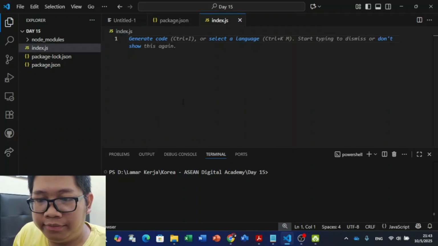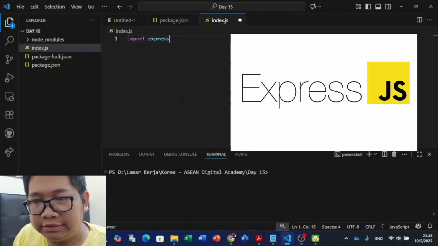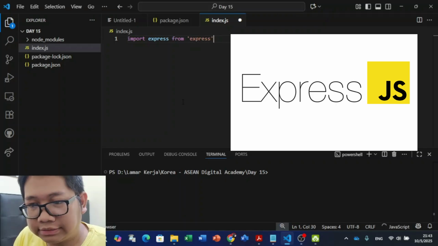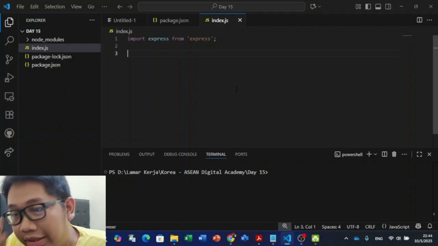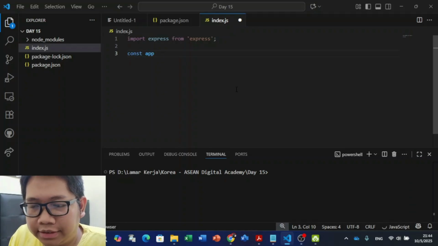And then we import express from express. After that, we need to initiate the app. You can use any name.